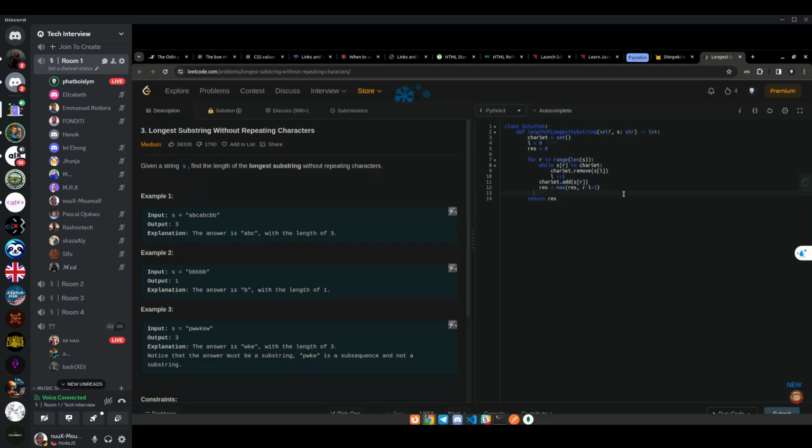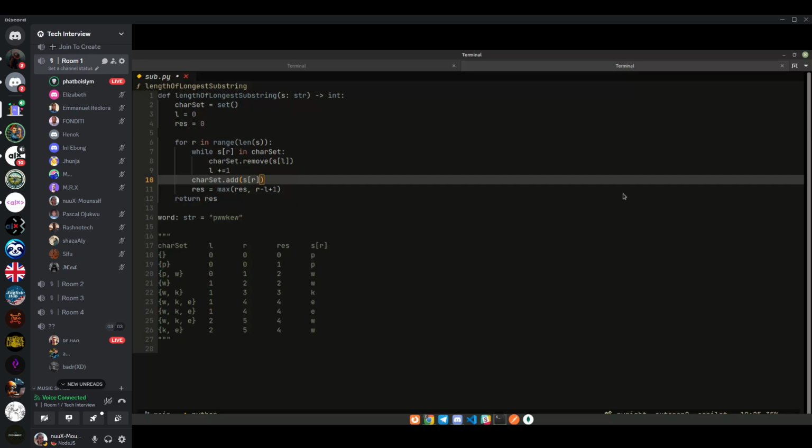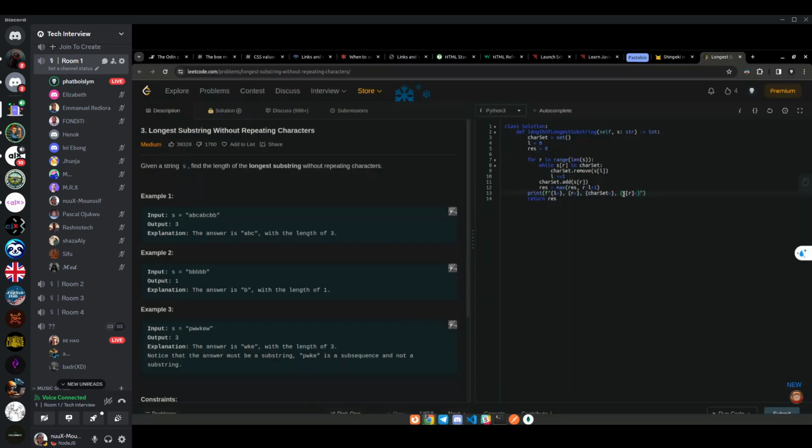What I want to do is this, right? I want to print the f-string, L is equal to, print L as well, then assets is equal to, S at R is equal to, then res. Right. So if I run this,